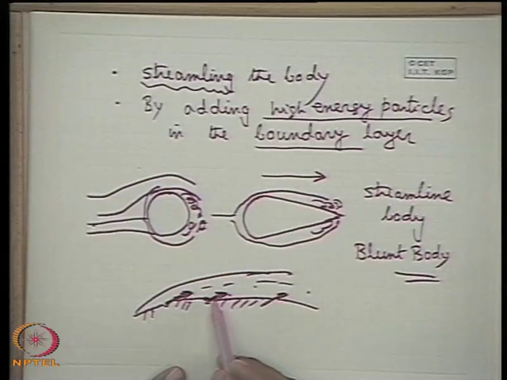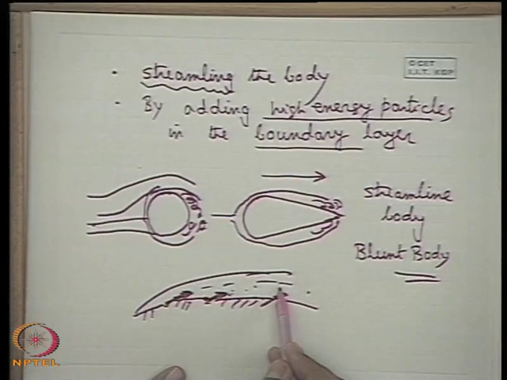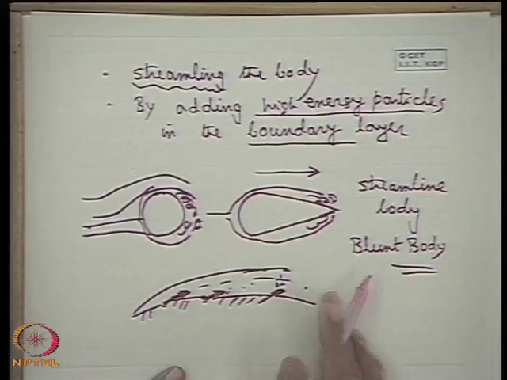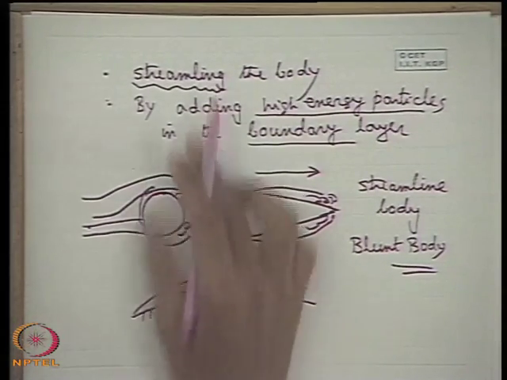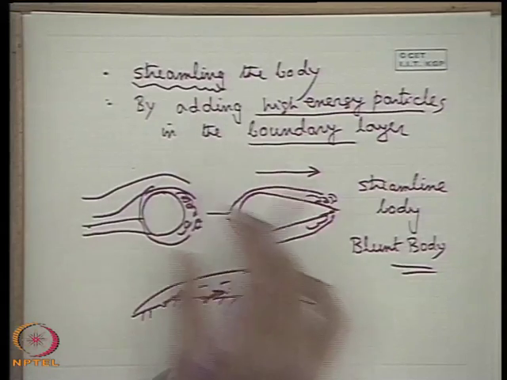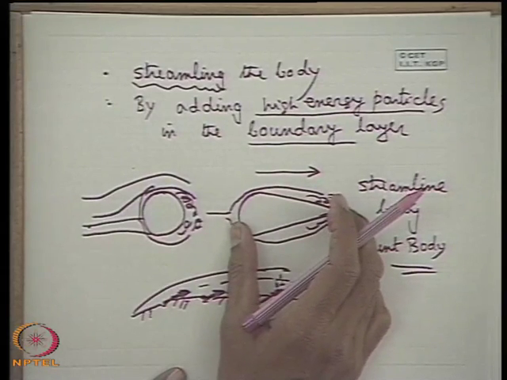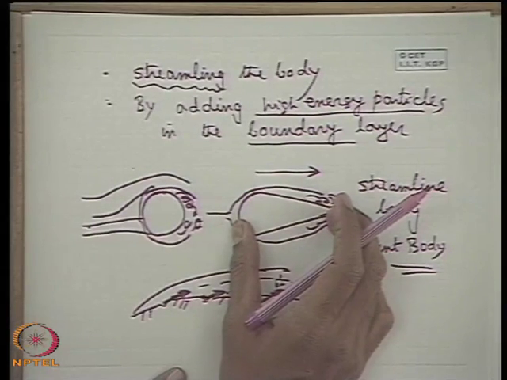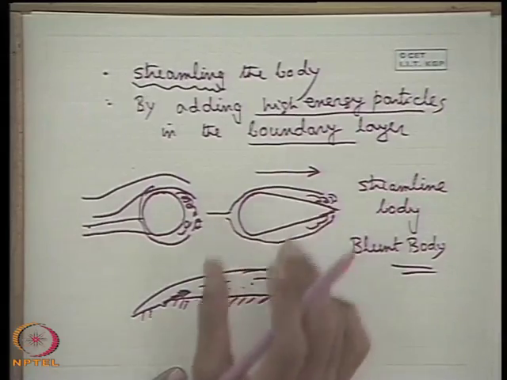So, just near the solid surface, particles with high kinetic energy have to be injected, so that this gives energy to the slow moving particles. As a whole, the bulk energy of the particles within the boundary layer, that is, the energy of the slow moving particles, gets enhanced, so that the boundary layer separation is delayed. So, there are two methods by which the boundary layer separation is delayed, so that ultimately the form drag on the body is reduced, and the body experiences a smaller amount of form drag.